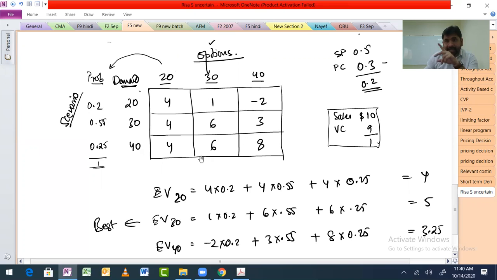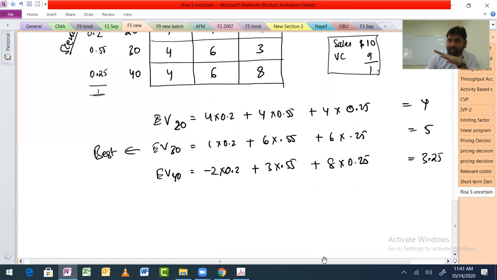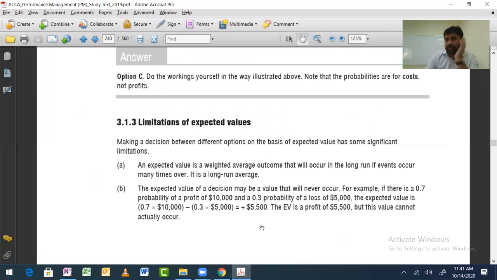Luckily, at some time, see, this is 4 4 4 and your answer is 4. This may happen, but most of the time, here you are getting average 3.25. Where is 3.25? Either you will get minus 2, 3 or 8. You are not going to get 3.25 ever, right? But your answer is dependent on 3.25. Does that make sense? We are talking about drawbacks, right? So that is one of the drawbacks.